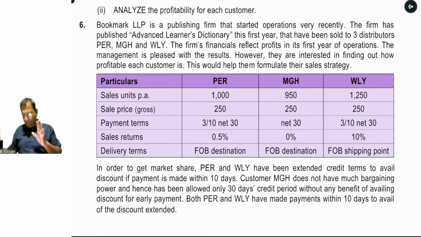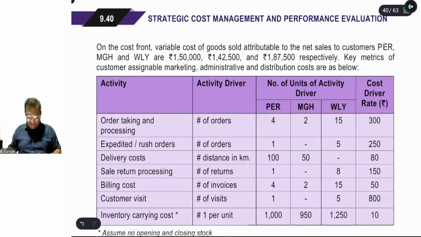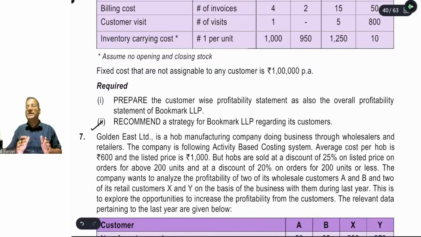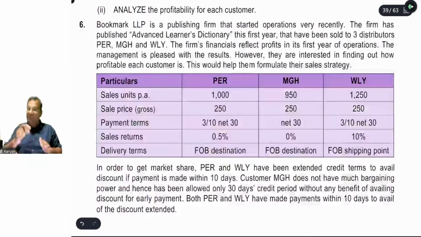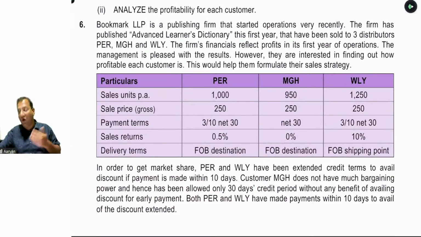It is a very easy question, you just have to put in effort on the calculation, and then we will again focus on the art of writing. Recommend a strategy for the company regarding its customer. Whatever the learning outcome of question number 5 is, definitely this question will enhance our knowledge regarding what to write in the examination in the analysis part of customer profitability statement. This question will definitely provide some new point to add in our knowledge base.